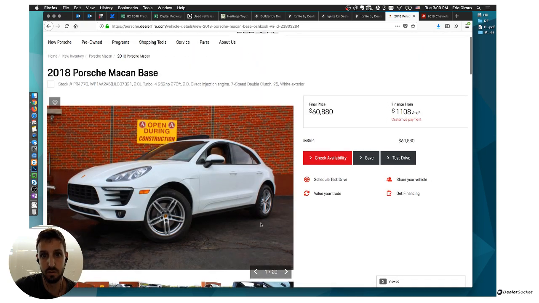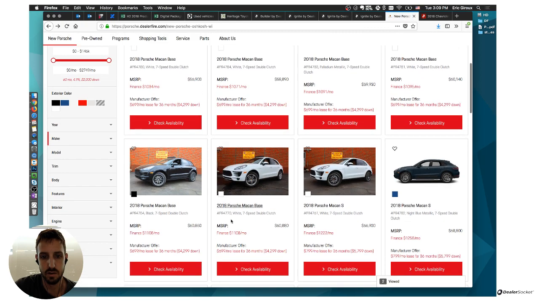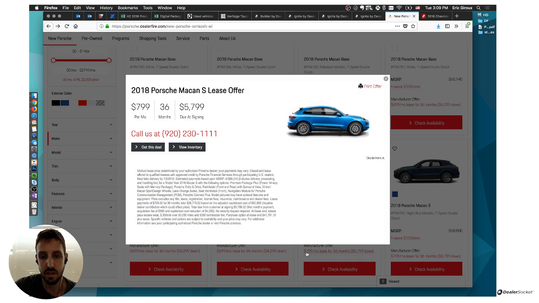We want to, of course, merchandise these incentives so that they're obvious for people who are looking at vehicles of interest. If I'm interested in this vehicle, then I definitely want to know if there are offers available for it. So exactly as we see on the SRP, this text that shows lease and finance offers needs to also